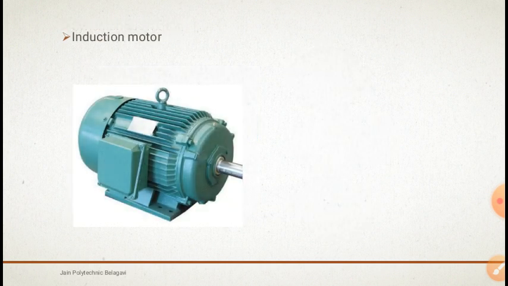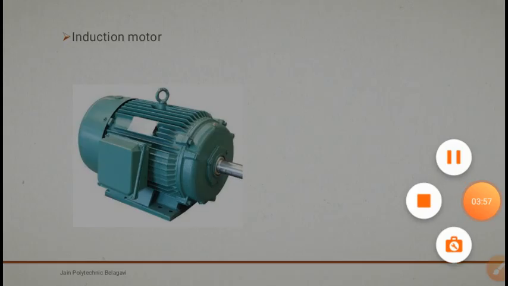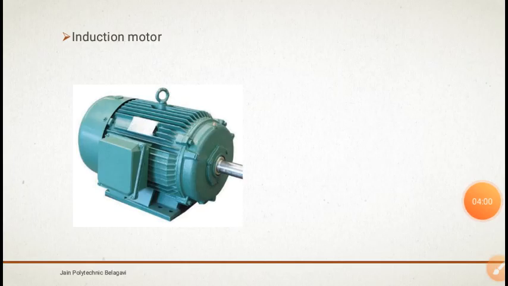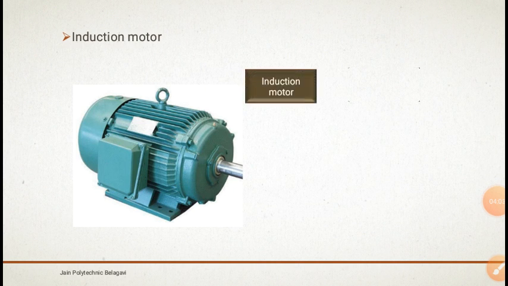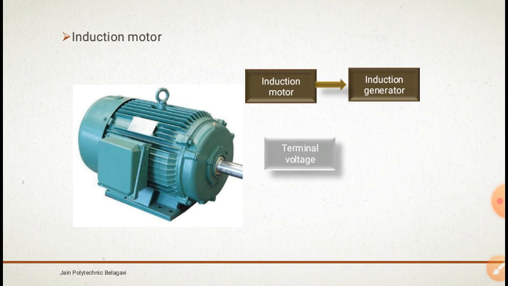Coming to the next one, the induction motor. An induction motor starts working as an induction generator on the occurrence of a short circuit on the system. The terminal voltage of the motor drops to 0 suddenly. The flux which is cutting the rotor does not change instantaneously, and the inertia of the motor continues to drive it. Thus, it also behaves as a generator and starts feeding the fault point until the stator flux decays.